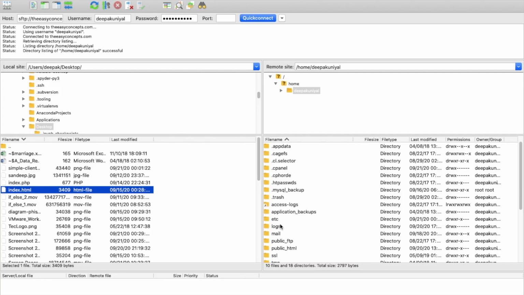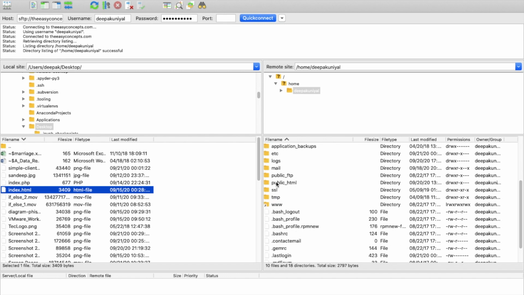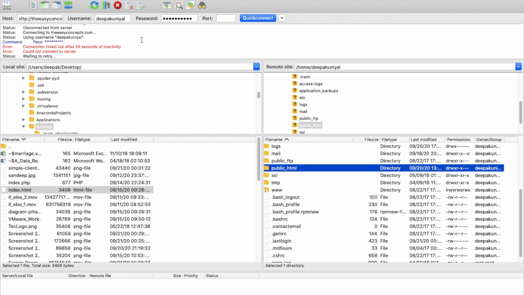So let's move to the public folder here, which is public_html. It is retrieving the directory public_html. It is taking some time, and the connection has failed. It's trying to connect again, so let's wait a few minutes, and now it has connected again.